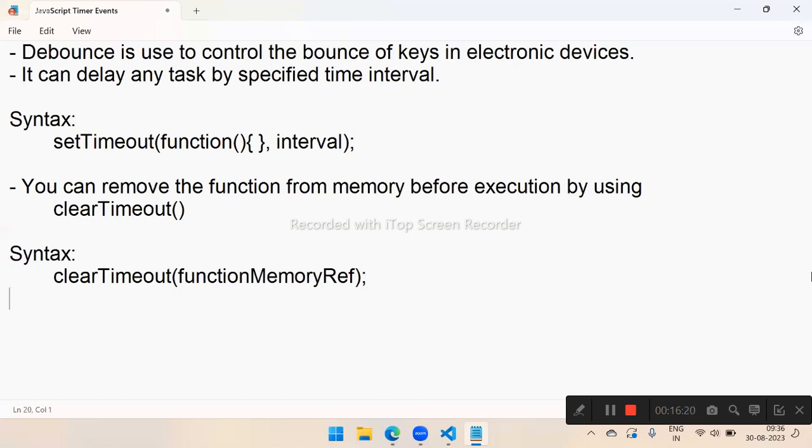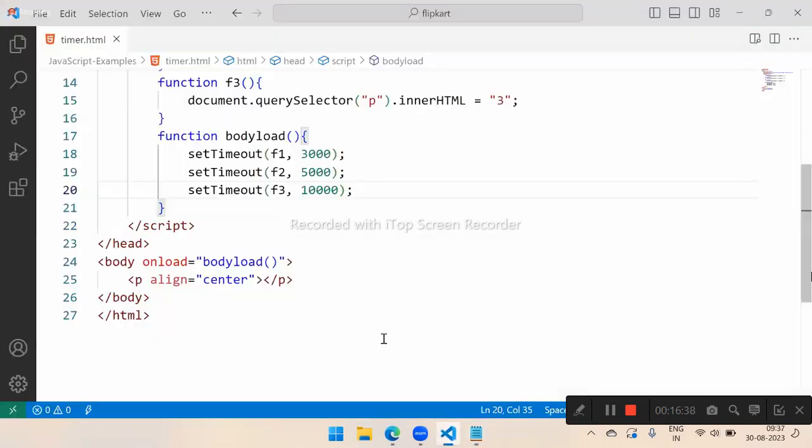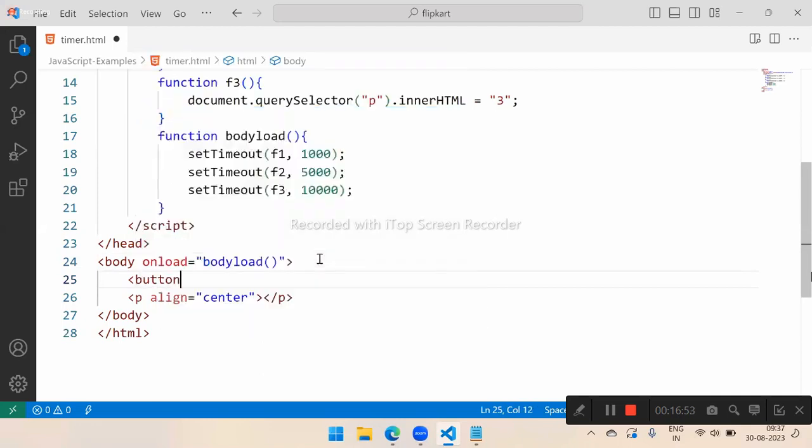We have to define the function's memory reference, not the function name. We have to give the function's memory reference. I will show here. For example, I am defining some delays: 1 second, 1000 milliseconds, 5 seconds, 10 seconds, like this. I have given delay times. Now, let me keep a button and say cancel function 2,